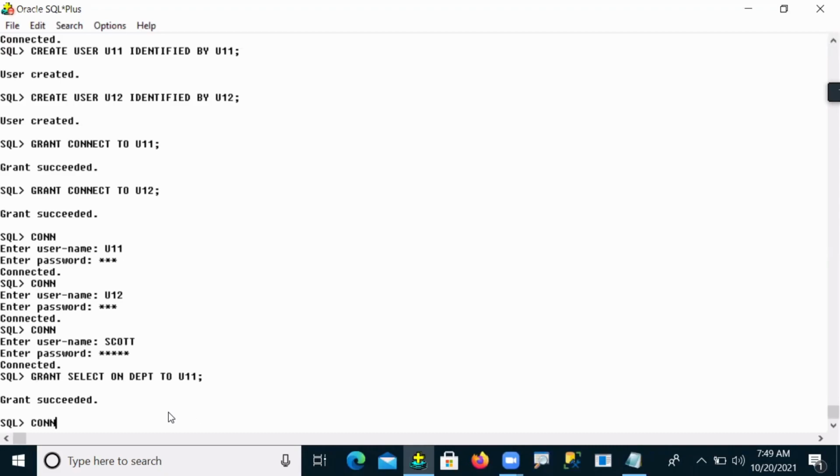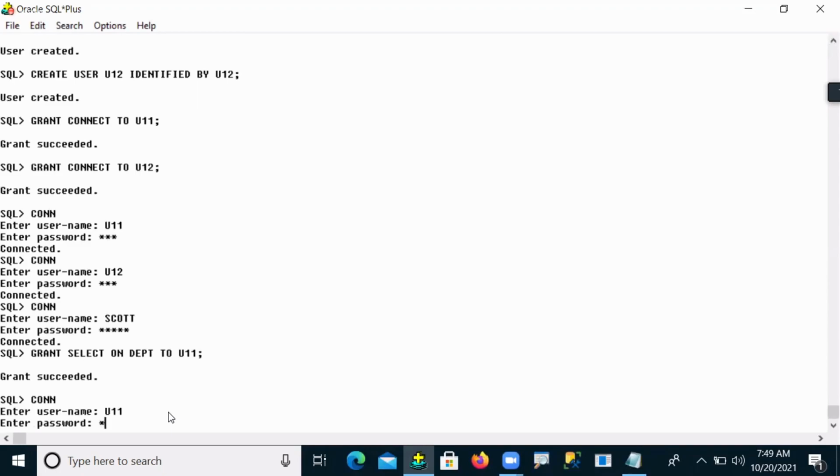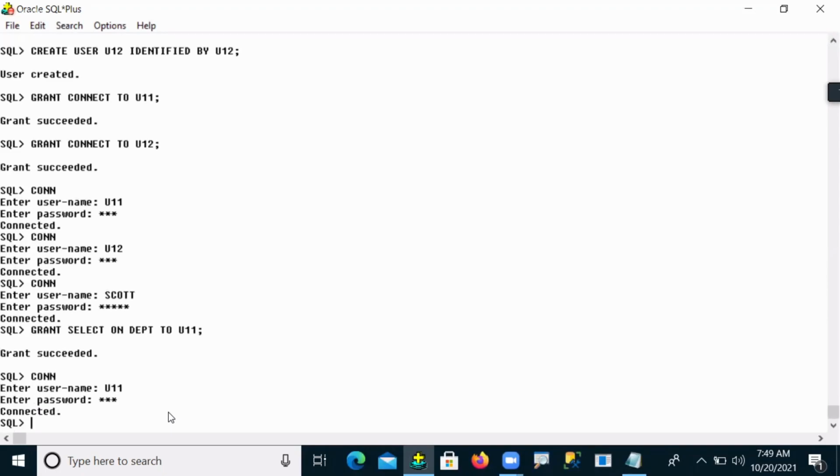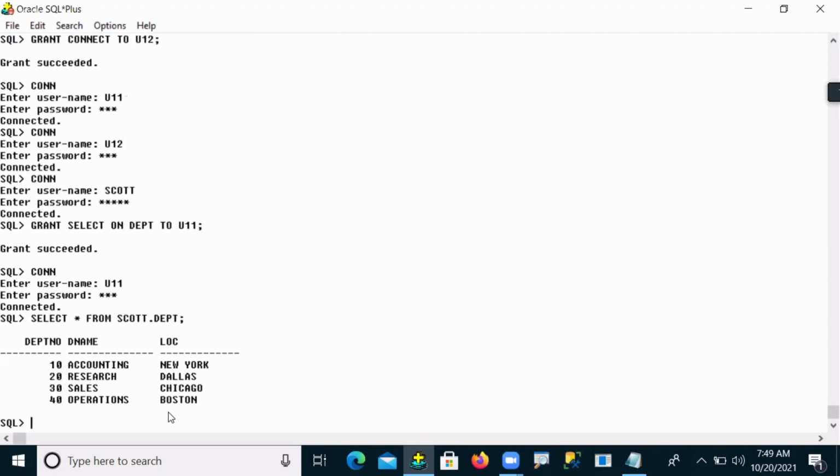Then later what will happen, user 11 will be accessing the admin table. So select star from scott.dept. So he accessed it now. The table data he can access because the permission was taken by user 11 from your administrator. Okay, fine.